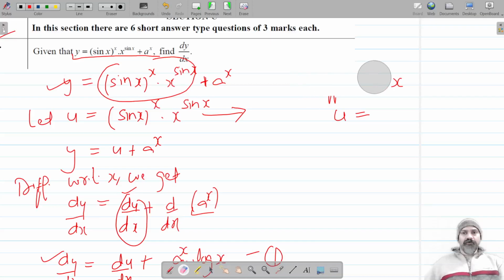we have to take log on both sides for this. Taking log on both sides, we get,